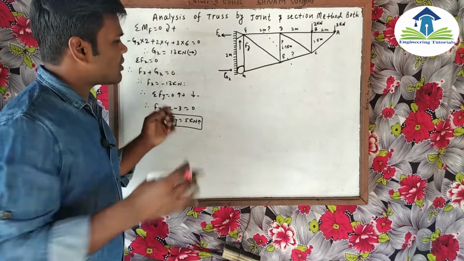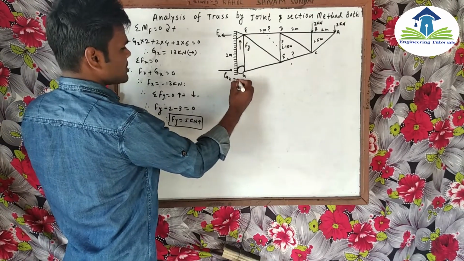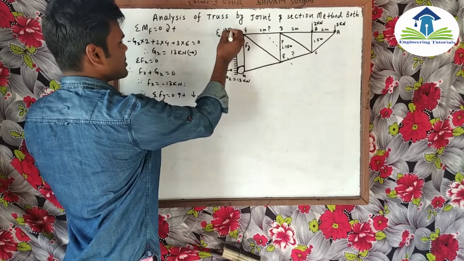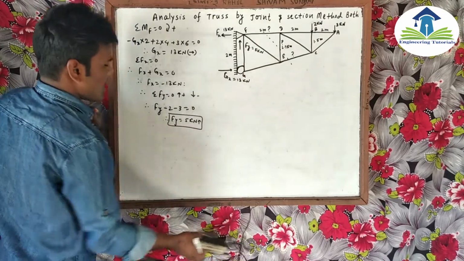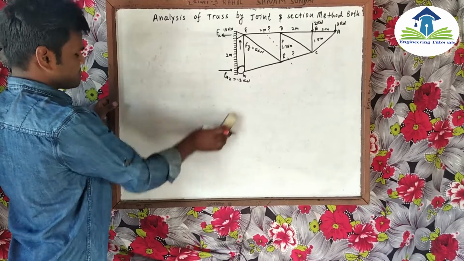So we have calculated all the values, meaning the value of Gx is equal to 30 kN, the value of Fx is equal to 30 kN, the value of Fy is equal to 5 kN. So now I am going to clean this. I hope you are understanding very much. So